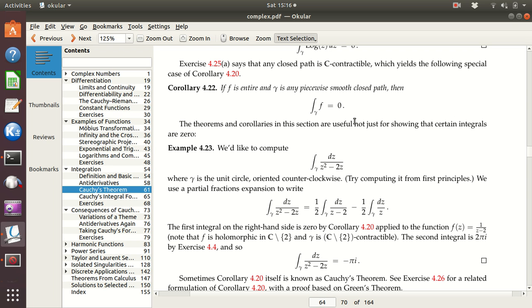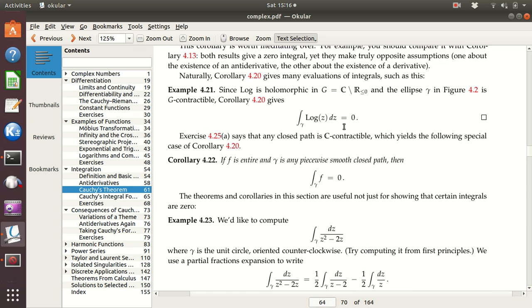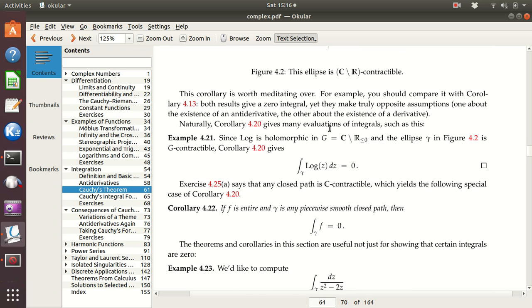Okay, and again, that comes down to, I don't know that they really gave a proof of that, but